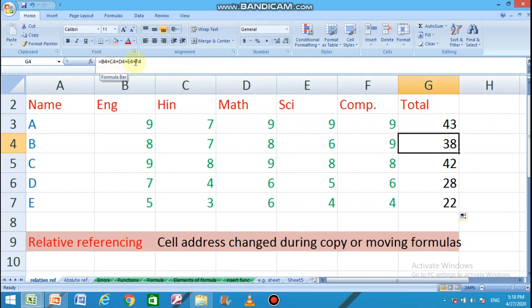B3 becomes B4, then B4 becomes B5, C5, D5, and in the same manner B6. So it means when we copy or move a formula from one cell to another, the cell address is changed. This explains relative referencing.